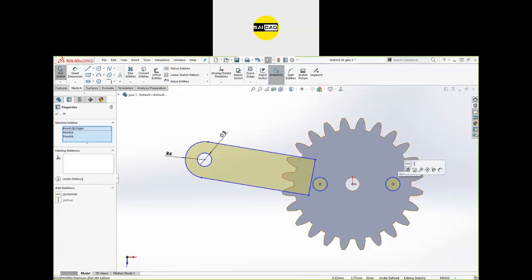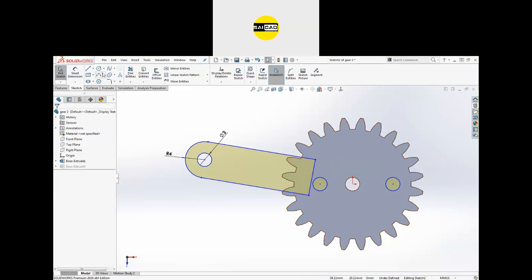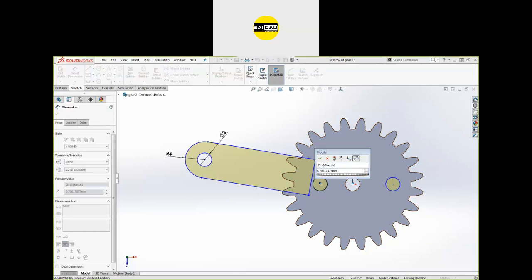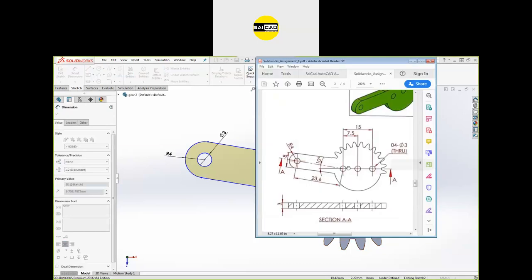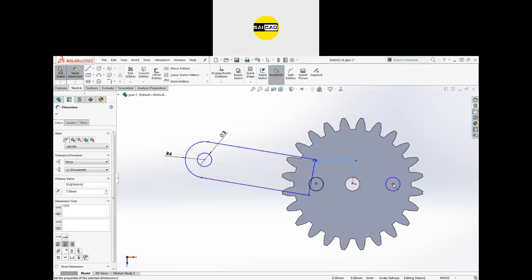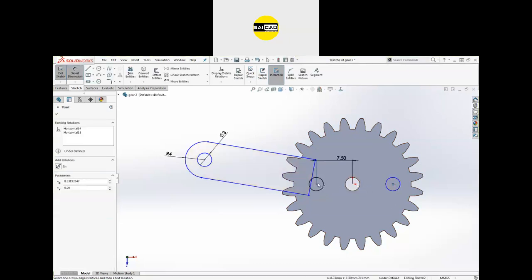All are in horizontal relation, and the gap between is, I think, 7.5, and again here we have the total gap that is 15.